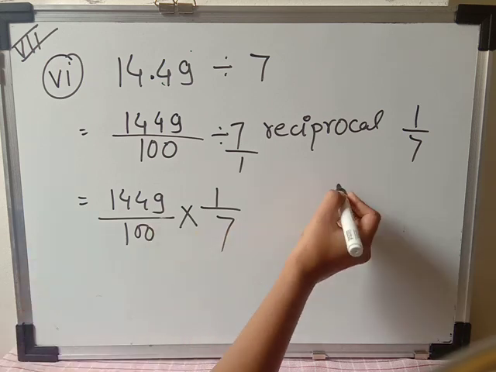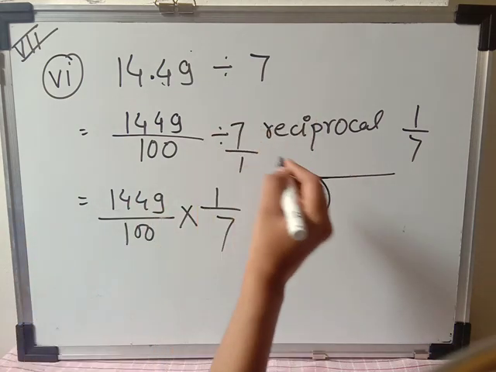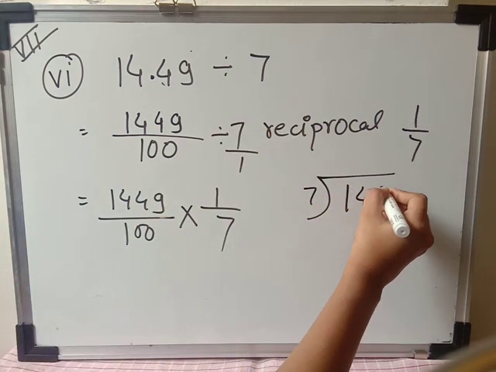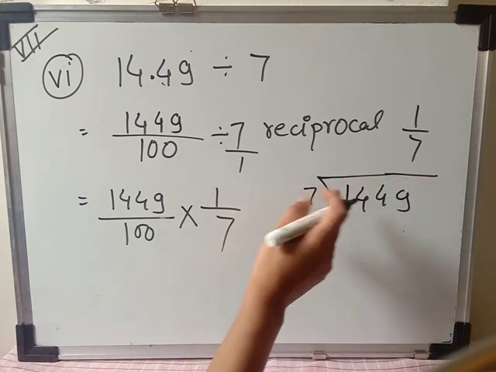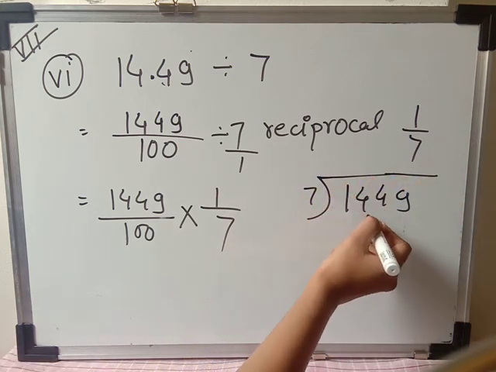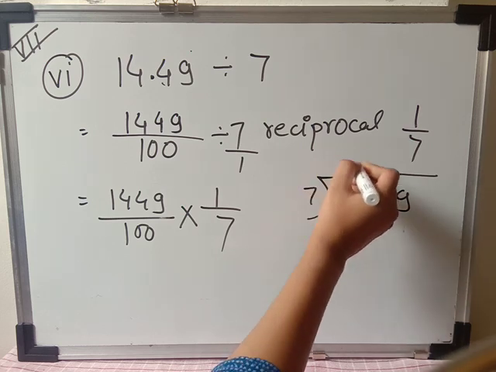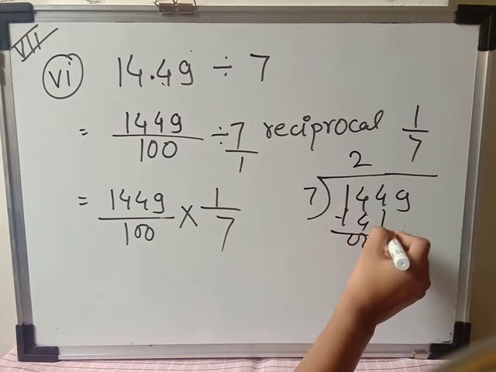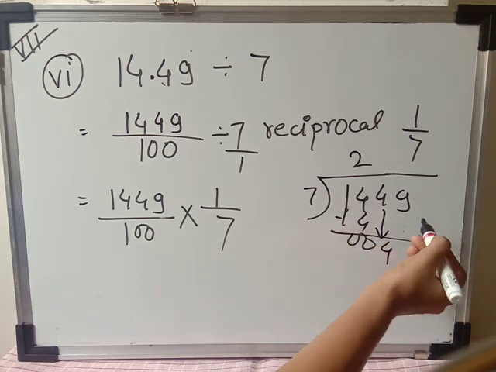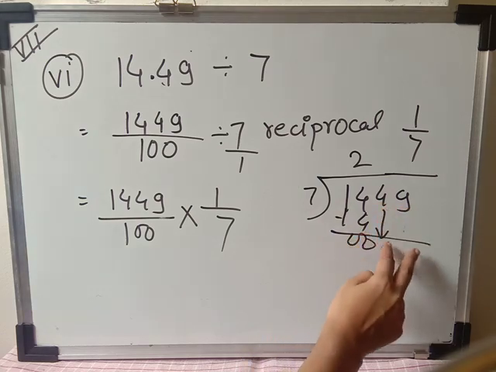So let's do the division here. If I do it directly, you will not understand, so here I will do it step by step. So 14 and 4 9. Here 7 twos are 14, 0. So take 4 down. Again, don't take two digits down when we are doing the division.